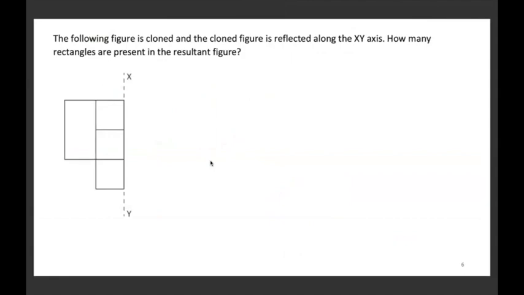The following figure is cloned and the cloned figure is reflected along the XY axis. How many rectangles are present in the resultant figure? So here I first clone the image along the XY axis. When you get the resultant figure, when I combine the clone as well as the original figure, I have to count the number of